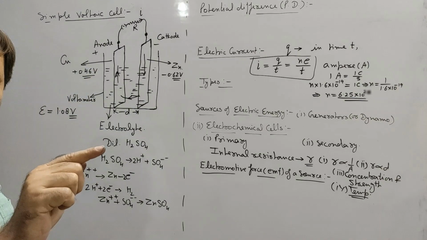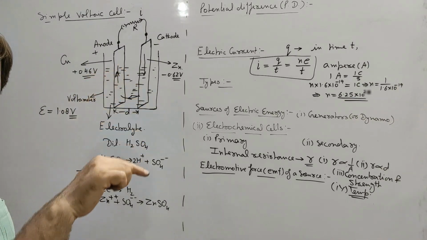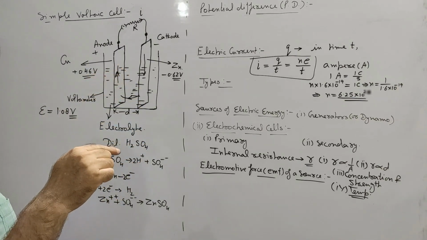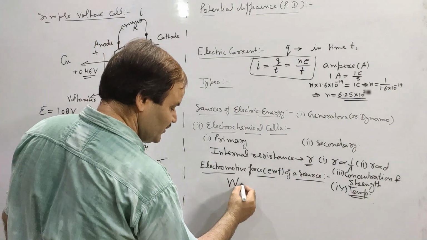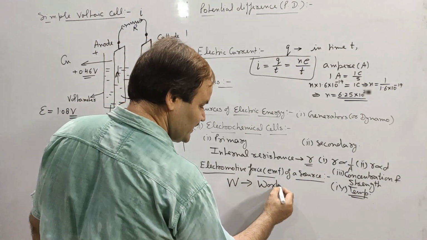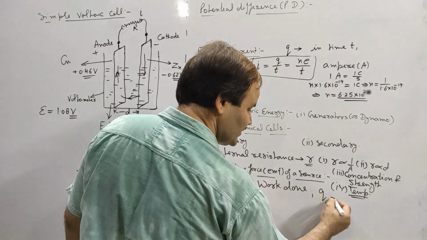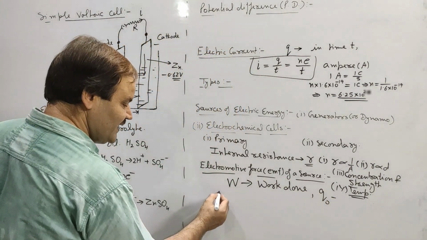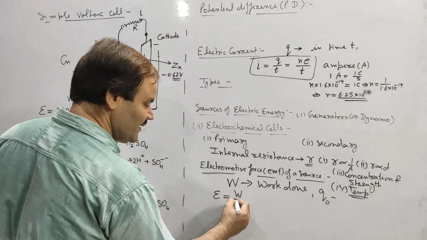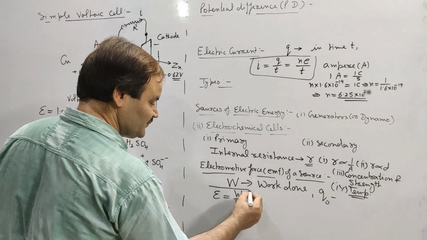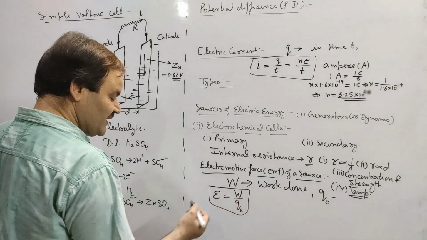Throughout the circuit means through the external circuit as well as through the interior of the cell. If W is the total work done by the source in moving a charge Q0 throughout the circuit, then EMF of the source will be W by Q0,